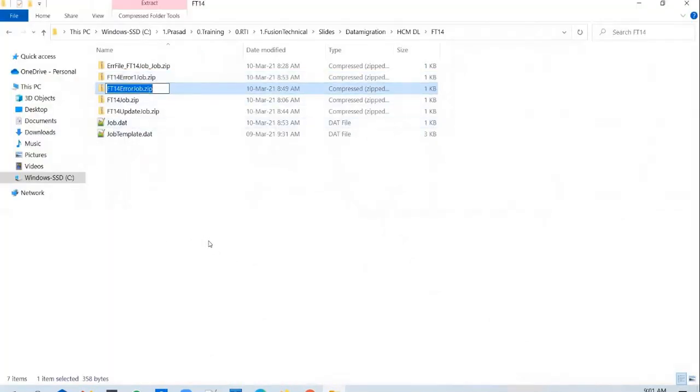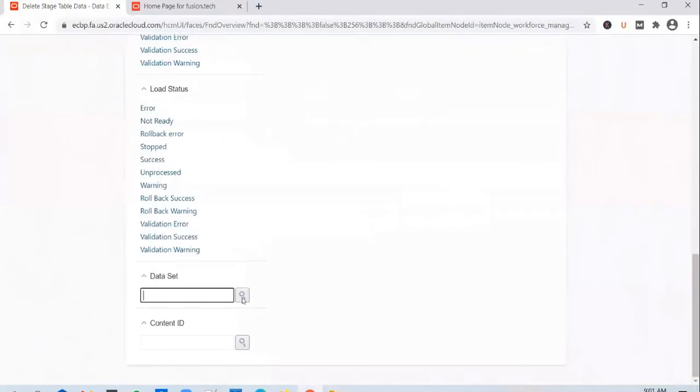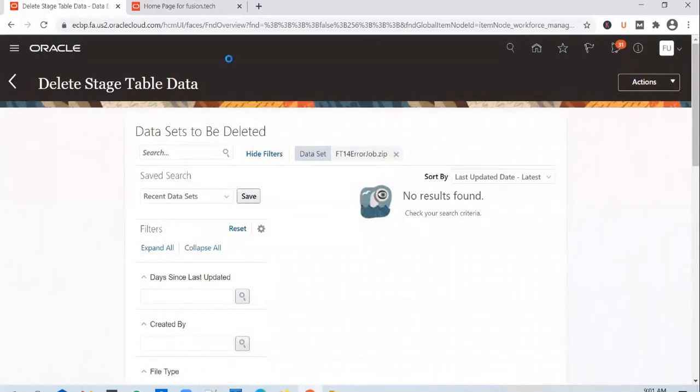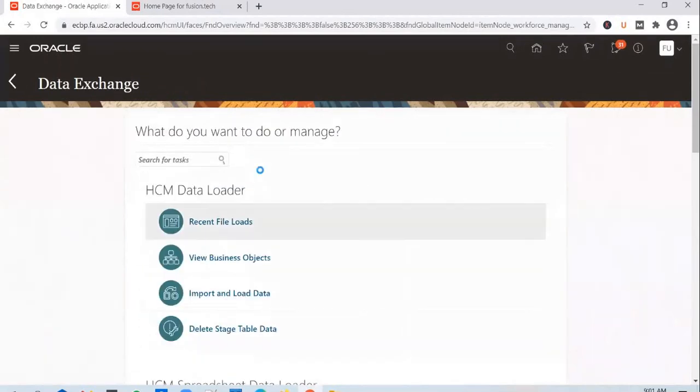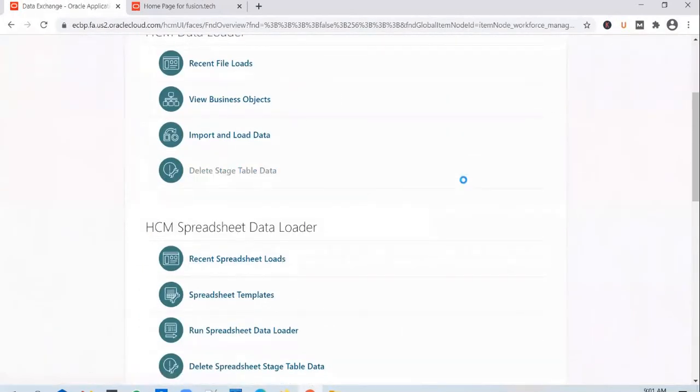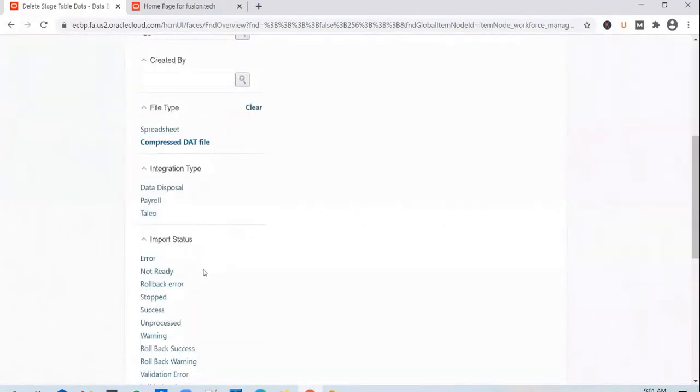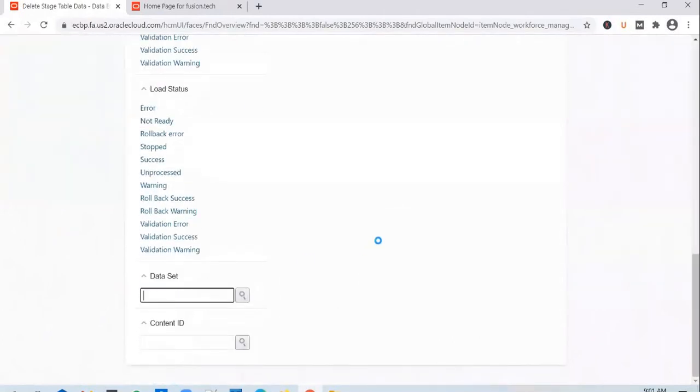I believe we have this file stuck in the stage tables. We can come back to this screen again and search for the data set.